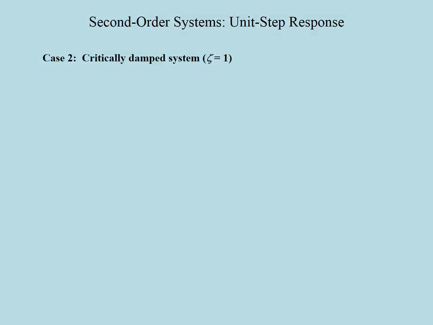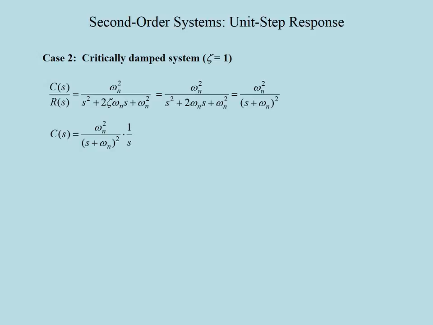Secondly, we shall consider the case where zeta is equal to 1, which corresponds to a critically damped system. In this case, the denominator of our second order transfer function is a complete square. So if we multiply it by the Laplace transform of the input, namely 1 over s, we can do a